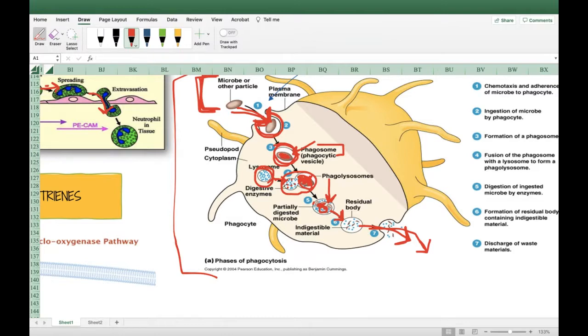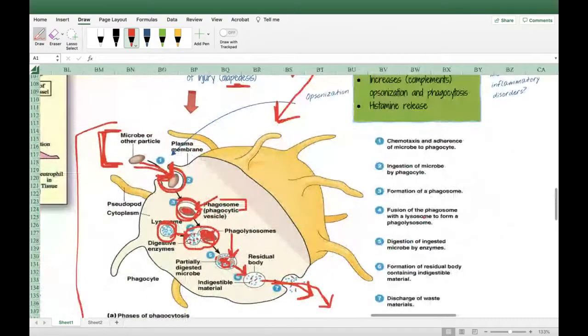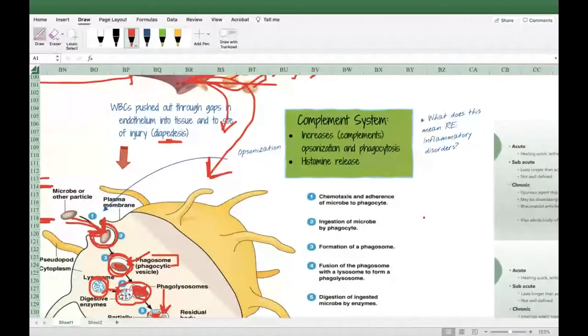Okay, I'm going to skip that part there because we're almost out of time here. I just wanted to hit really quickly these complement proteins. It is very complicated, the complement system. It's a giant cascade of complement proteins that are affecting each other and affecting each other and affecting each other, and they're creating all of these responses all the way down this cascade of chain. Thankfully, you don't have to know that whole cascade. The only thing you really need to know about the complement system,